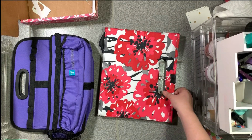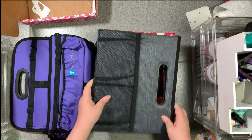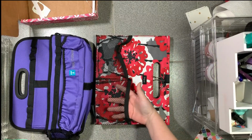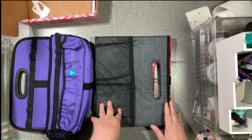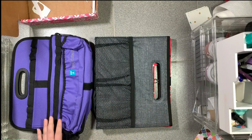This is one I've used quite often, so I just have it held flat with a binder clip. This one is actually brand new, so you'll see that one does have the pockets as well. And I don't actually normally use these pockets, but they're there if you want them. So as I said, one will hold all of my page kits and one will hold all of my thickers. All right, next up we have